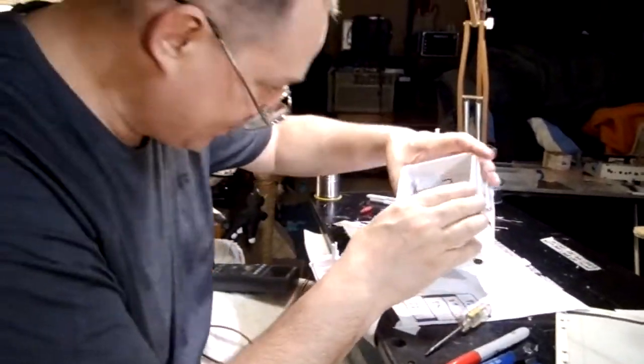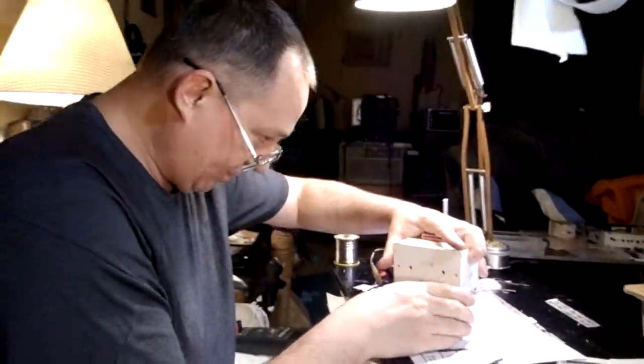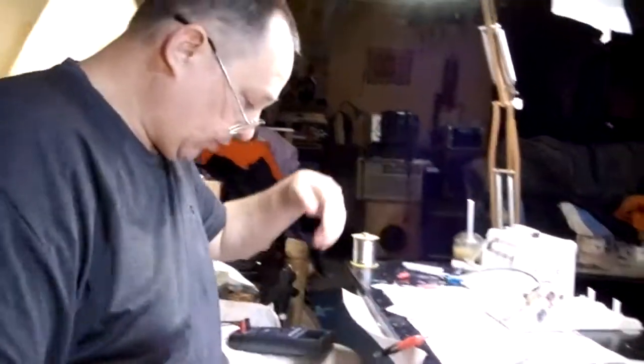It does have a heat sink on the amp. You can see here, here's a heat sink. And it's a quality little device. I was really impressed with the performance of this. It's going to be, as I said, a test rig, a complete all-in-one test